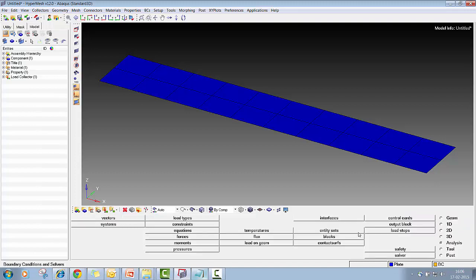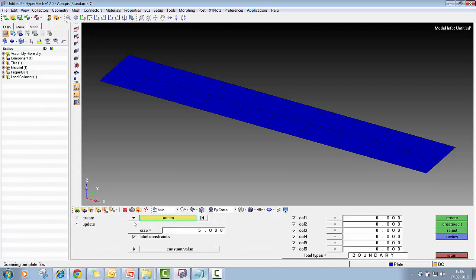Return. Then go to the analysis page. In the analysis page, look for constraints, and it should be on nodes. So we are picking 4 corner nodes, 1 2 3 4. Then we are applying the translation degrees of freedom as a constraint. So what you have to do is uncheck the rotational degrees of freedom, that is d4, d5, d6, and check in this